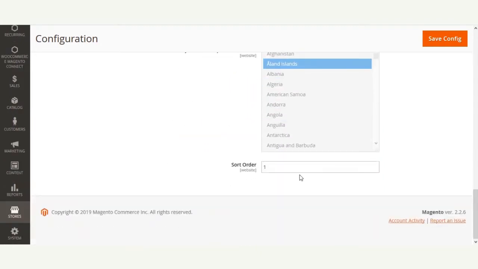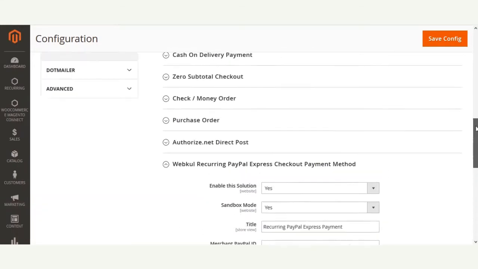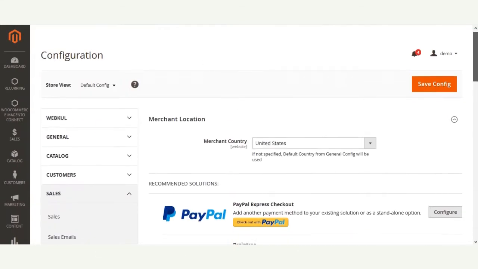So that was about this option. And lastly, we have the sort order. So here you can set the sort order for this particular payment method at the checkout time. So we have set the sort order as 1, so it would be displayed at the number 2 position if there are any other payment methods that are enabled at the checkout. Otherwise, if I set it as 0, then this payment method would be visible at the top at the time